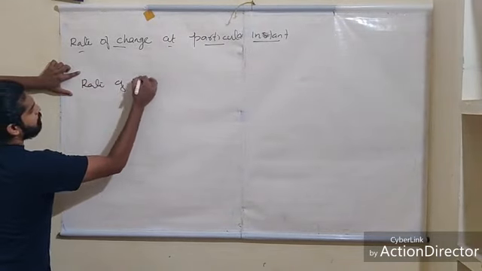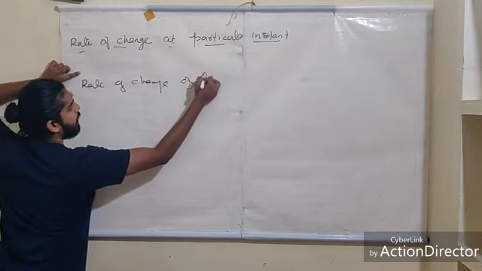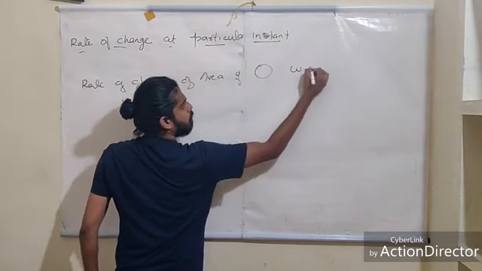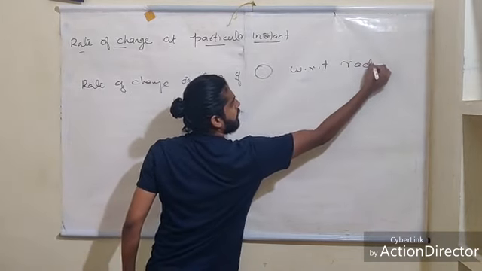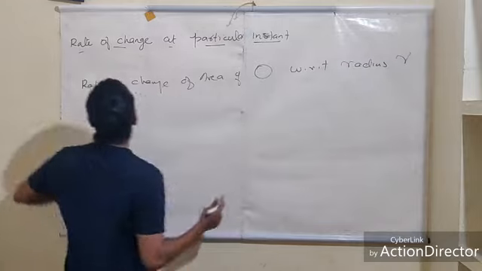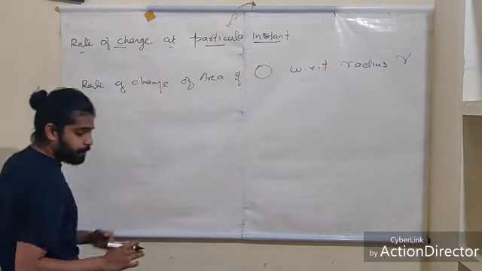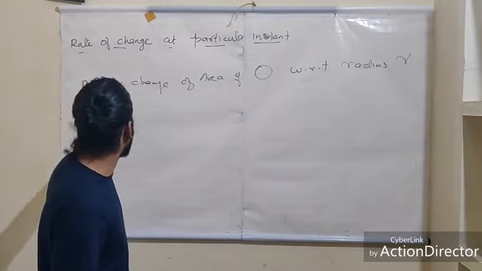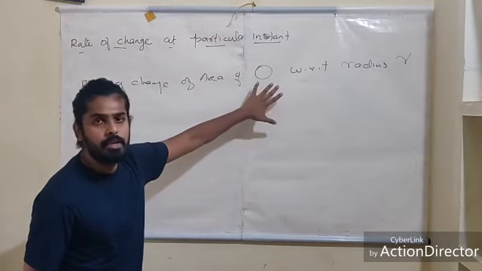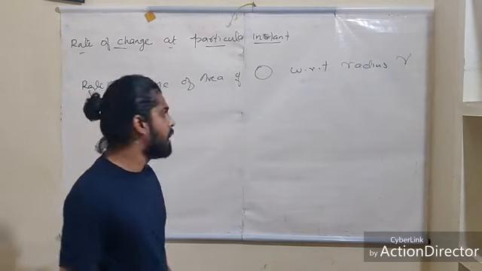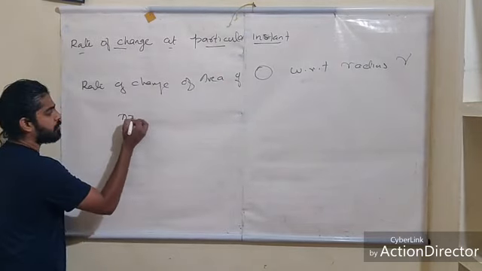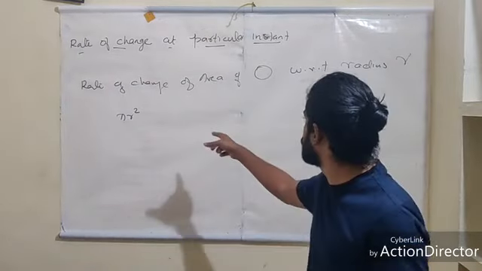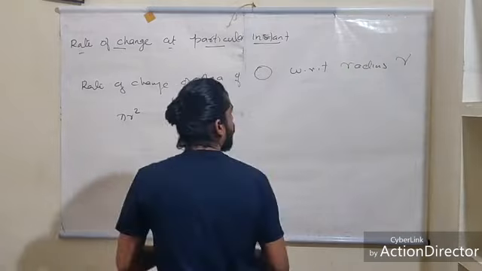Rate of change of area of circle with respect to radius r. So rate of change means derivative. Okay, so derivative of area of circle. You have to find the derivative of the area of a circle, and area of circle, you know, it is pi r square. So you have to find the derivative of pi r square, and derivative of pi r square with respect to